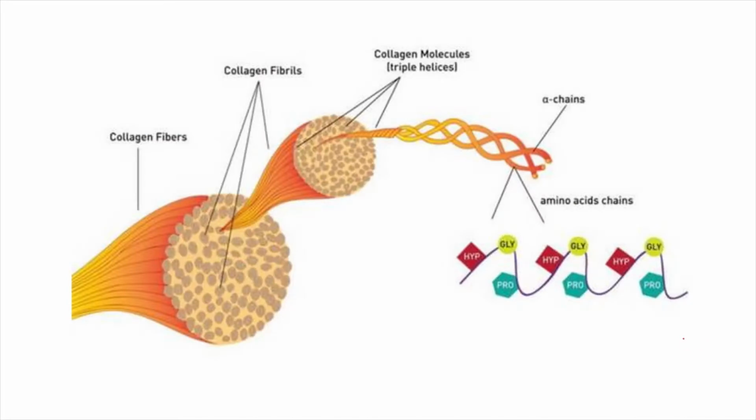So these are basically the folding structures of collagen. This is the first folding structure where amino acid sequences are joined. Next, these amino acid sequences fold over each other into three different alpha chains. The alpha chains again fold against each other to form collagen triple helices. This is the third stage of folding. Next, the collagen triple helices fold against each other to form the collagen fibrils, and then several different collagen fibrils fold with each other to form a collagen fiber. So these are the stages of folding of the collagen molecule.